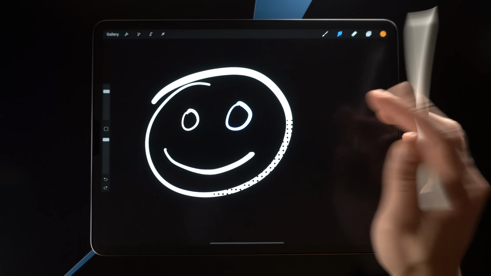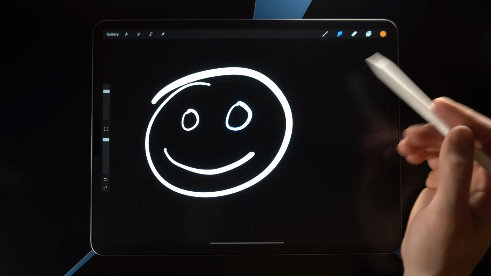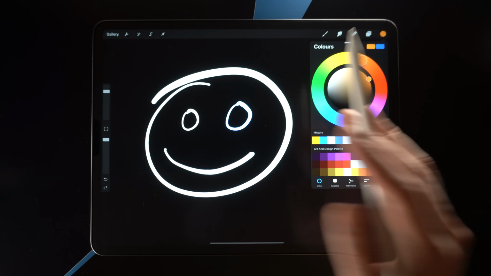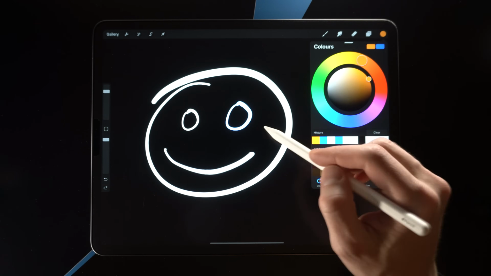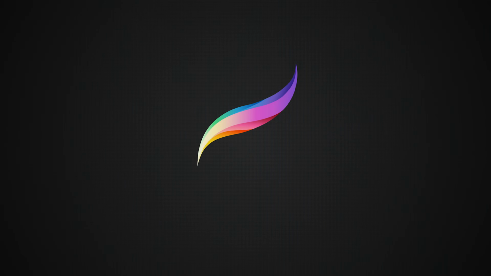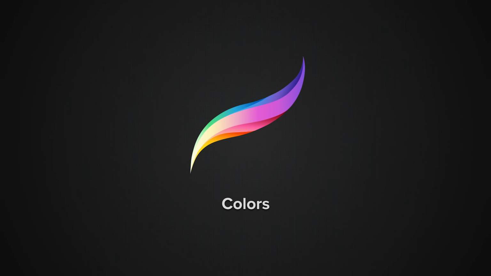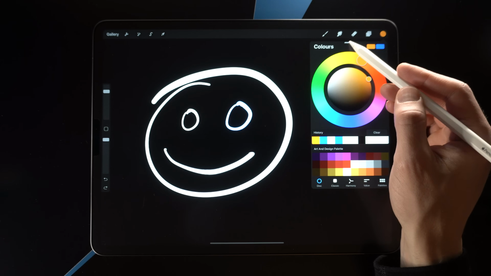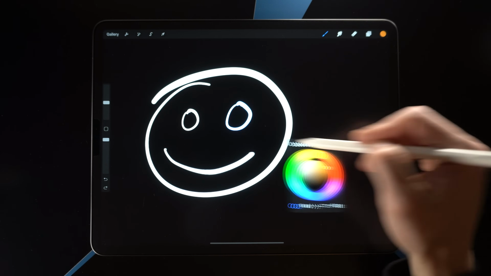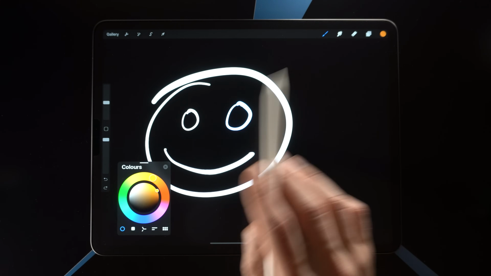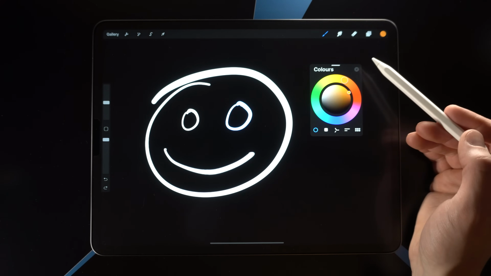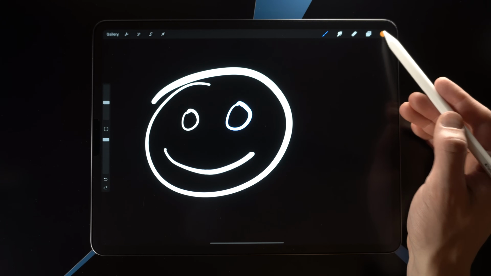Now, painting something obviously requires that we have something to paint with. And that something is color. So let's talk about color in Procreate. Now, the first thing to note is that you can detach the color picker. So you can drag on this thing right here and position the color picker where you want it. But for the purpose of this video, I'm going to have it attached just so that we have the real